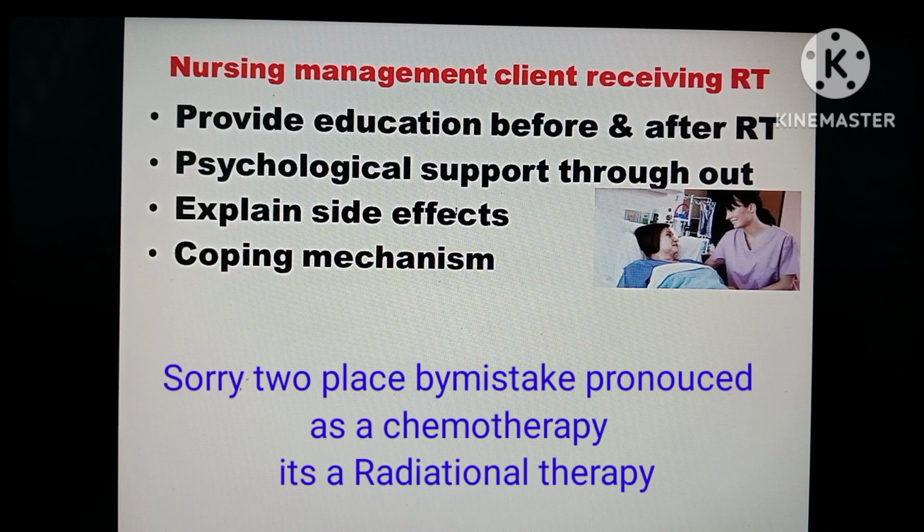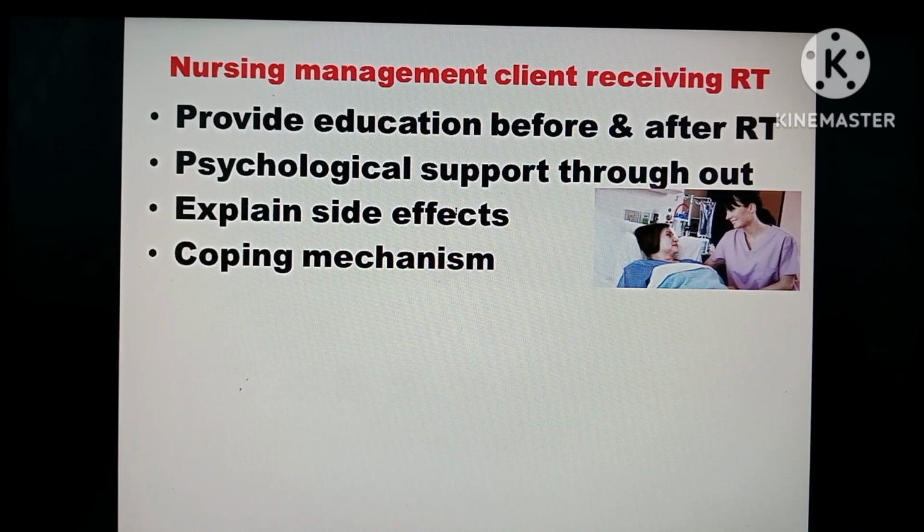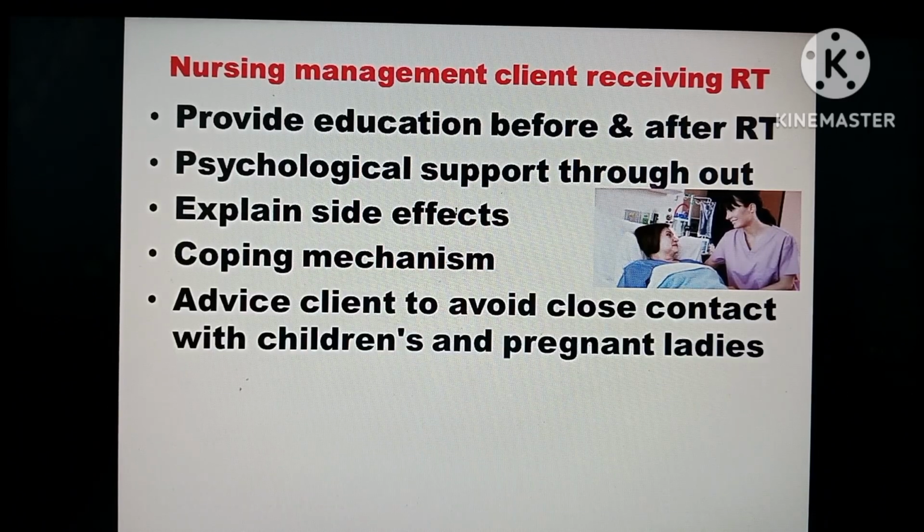First you have to make the client accept the therapy. The second is to accept the side effects. The third is a coping mechanism, how to cope through mind diversional therapy. There are various activities, so the client is not going on thinking about that only. To avoid that, mind diversional therapy: reading some good books or engaging in some kind of activities, art making, like woolen sewing or any kind of stitching, all those things.